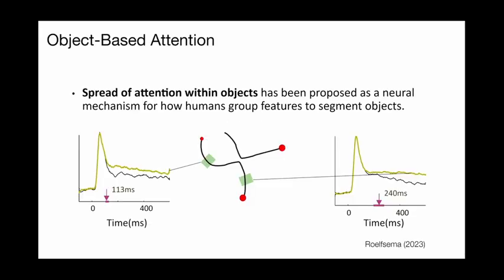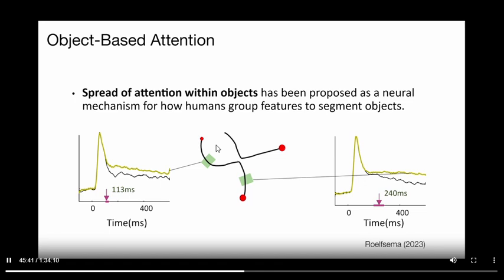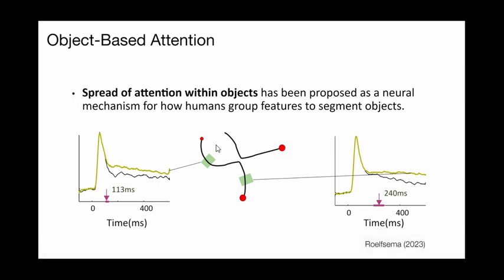So the spread of attention within objects has been proposed as a neural mechanism of how humans or primates can group features and perceive objects. And it is a mechanism for object-based attention. To simply see that, if the monkey was supposed to fixate that point, the red dot, and find out what